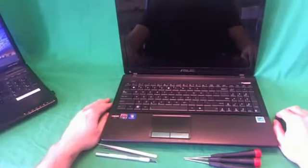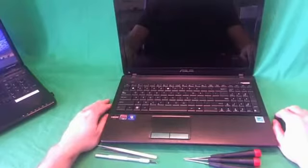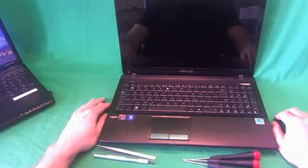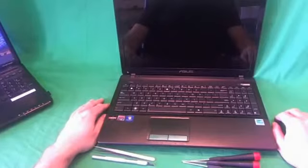This is Eugene Panrikovich. I'm the laptop screen doc, and the name of the website is www.screensurgeons.com. Today we have an ASUS K53T laptop, and we're going to show you how to replace the screen on an ASUS